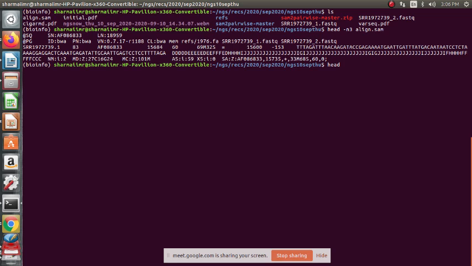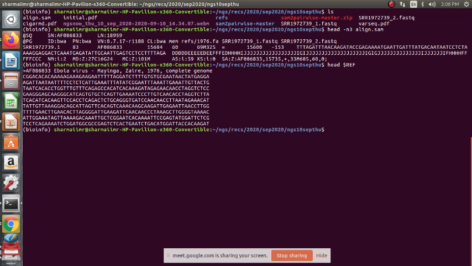So head $F. Yes, the immediate accession number following the greater than symbol in FASTA is the sequence name, SN, right? And LN is going to be this length.